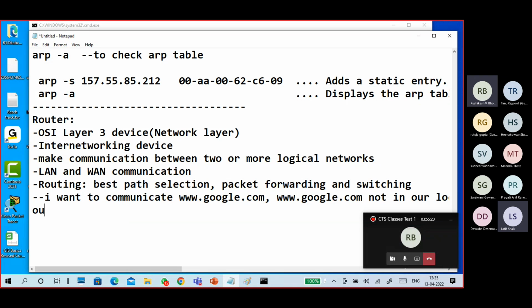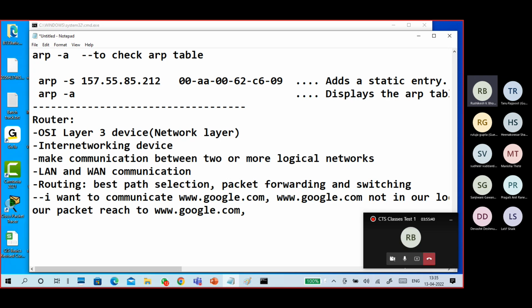Our packet or request should reach www.google.com.